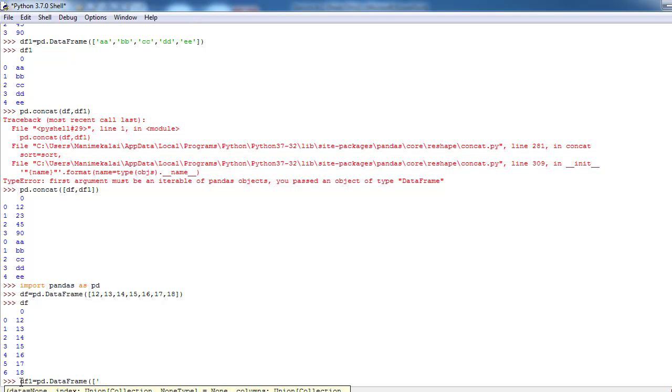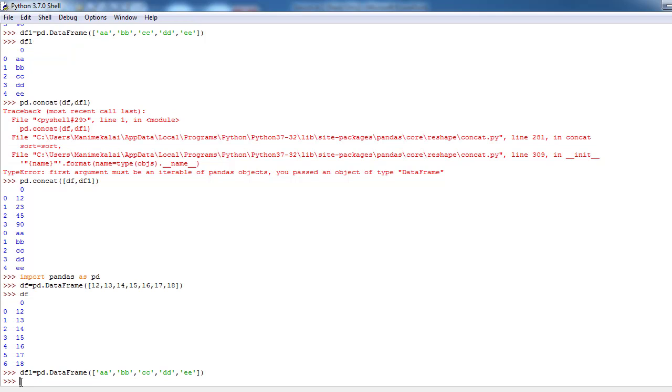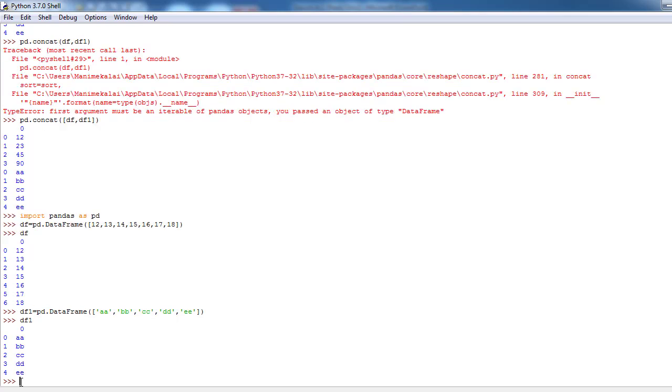Here I have to give the values AA, BB, CC, enter. So now the TF1 was created. TF1 contains the character values.